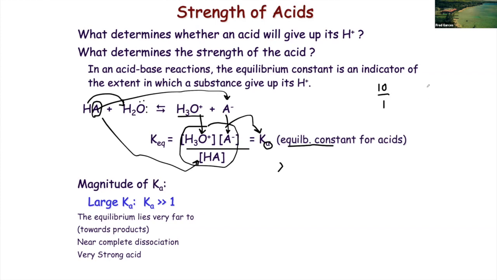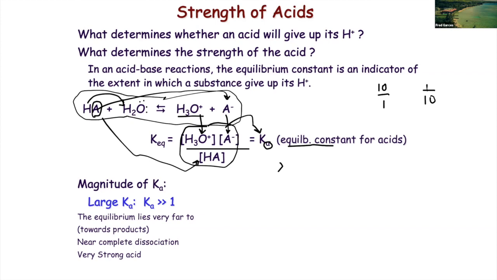On the other hand, if we have 1 over 10, then that 1 over 10 is less than 1, or 0.1 in this particular case. So Ka tells you in this mixture right here,